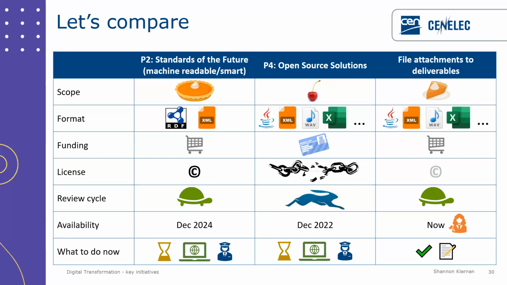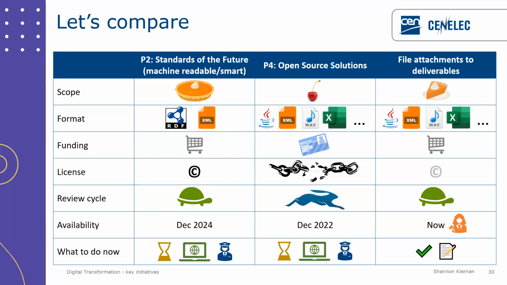One of the options we're considering at the moment is a fee to participate, a bit like a membership fee. That's a picture of a membership card there. So it would be a bit like a CWA, a CEN workshop agreement. Still to be determined. The license, so this is the copyright and everything. So standards of the future would still be subject to our normal copyright arrangements, which basically say you can't copy it, you can't create derivative works from it, the usual things.